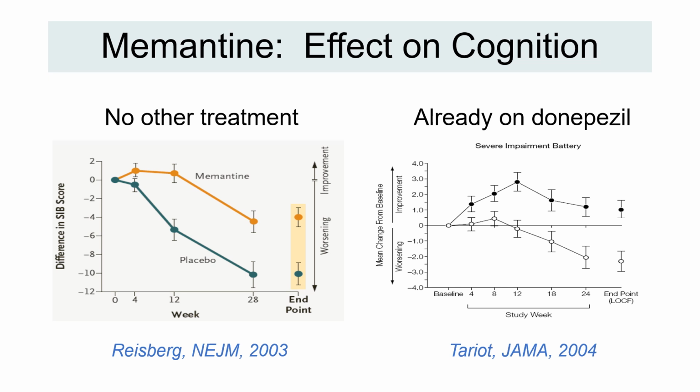The slide shows the key results of 2 trials of memantine in individuals with moderate to severe Alzheimer's disease. On the left, memantine was compared to placebo. Individuals were not receiving any other therapy. On the right, individuals were already taking the cholinesterase inhibitor donepezil and were given either memantine in addition or a placebo. And you can see in both cases